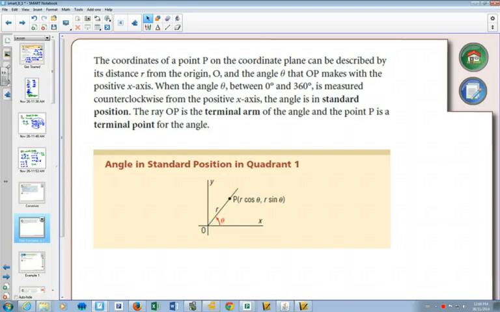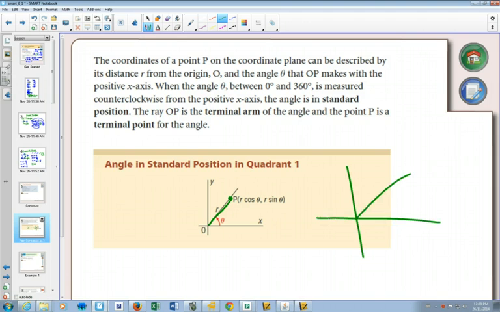If you have any point on a line and that line is in standard position, then that point can be found using the radius, and the x-coordinate is the radius times cos of theta, and the y-coordinate is the radius times sine of theta. The reason for that is if you make a triangle where this is r and this is